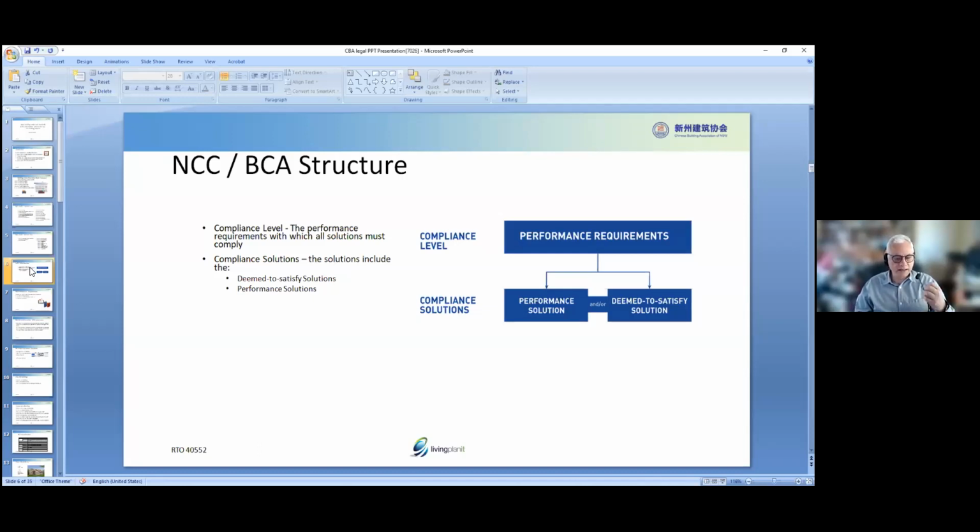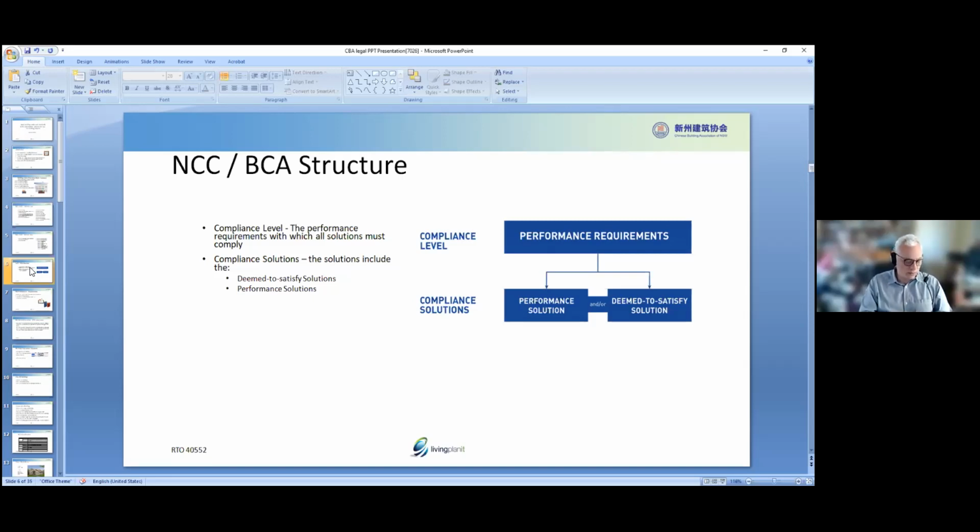It means that the product or the method, it's not always about material, it could be the method of doing something, okay? The method, or a combination of materials. So if I'm looking at an external wall, this system is going to work. It's going to be better or equal to the deemed to satisfy solution. So we have a deemed to satisfy solution that says, in order for you to use an external wall,